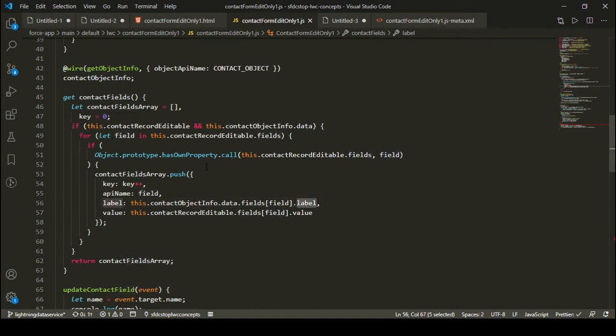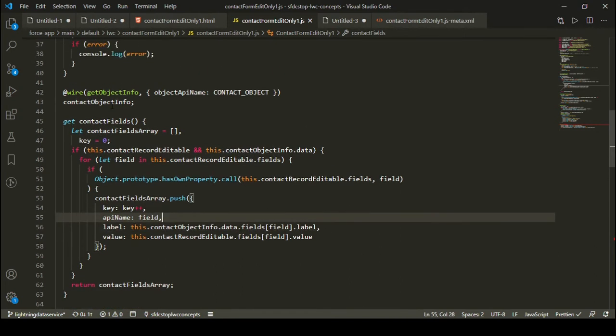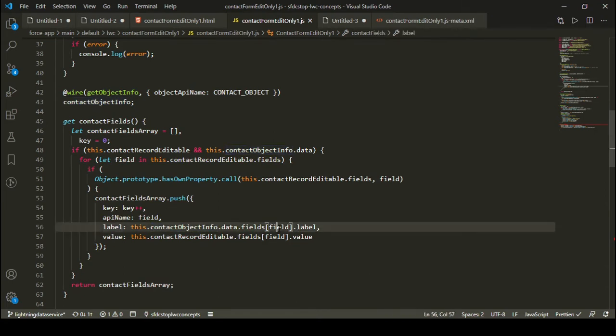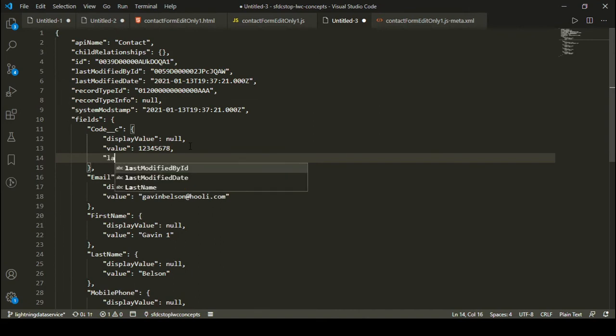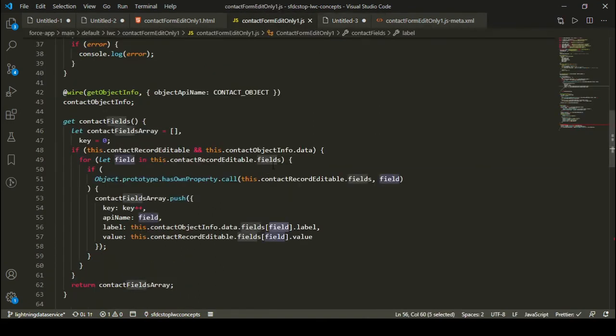In case you want to know about this in detail, you can refer to the previous tutorial where we decoded the JSON of contact object info as well, and we found out how we can extract the label by using the API name. Basically, in that particular JSON also, we have API names like this, and we have an entry for label, for example, like this. That is why I have just used contact object info dot data dot fields, and then that particular field, and then the label of that field.